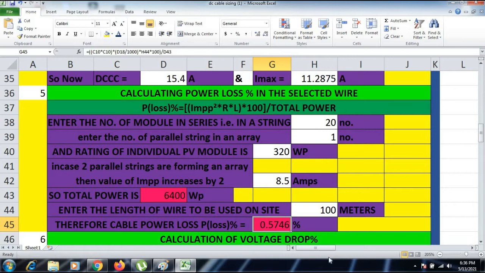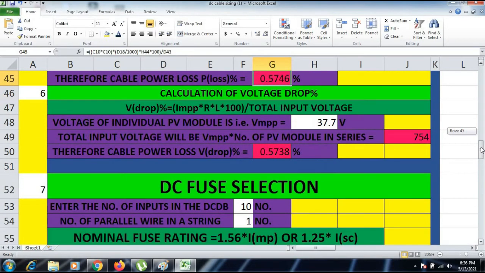There is another loss, that is our voltage drop, or voltage loss, you can say. So what is V drop? V drop is equal to operating current IMPP into R into L into 100 divided by total input voltage. You can see here our operating voltage of the module was 37.7 volt, that is VMPP.